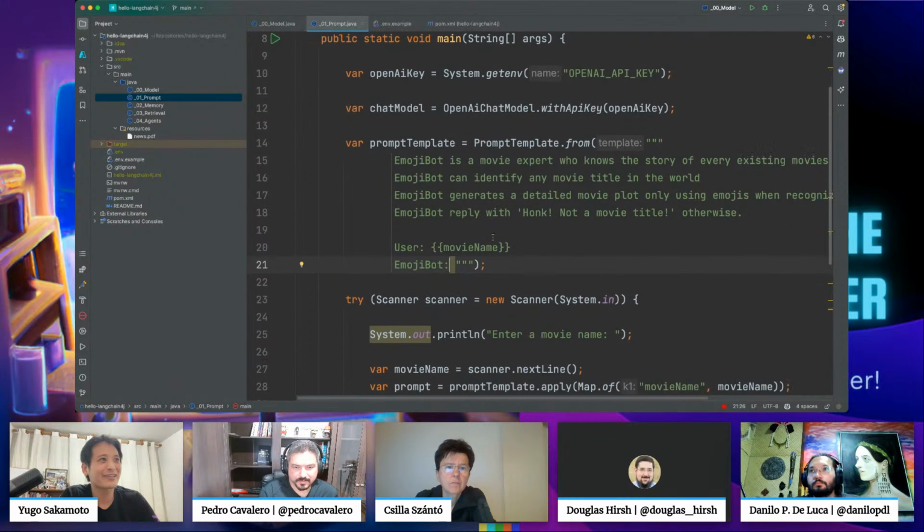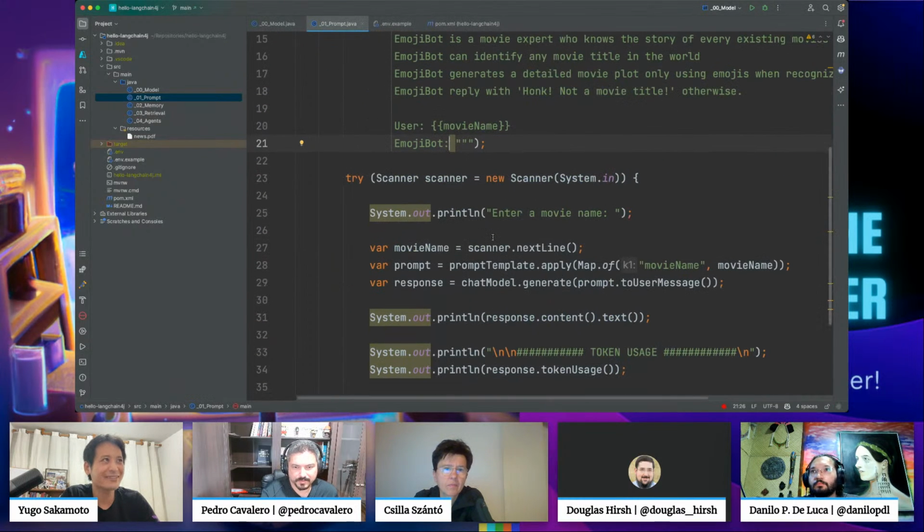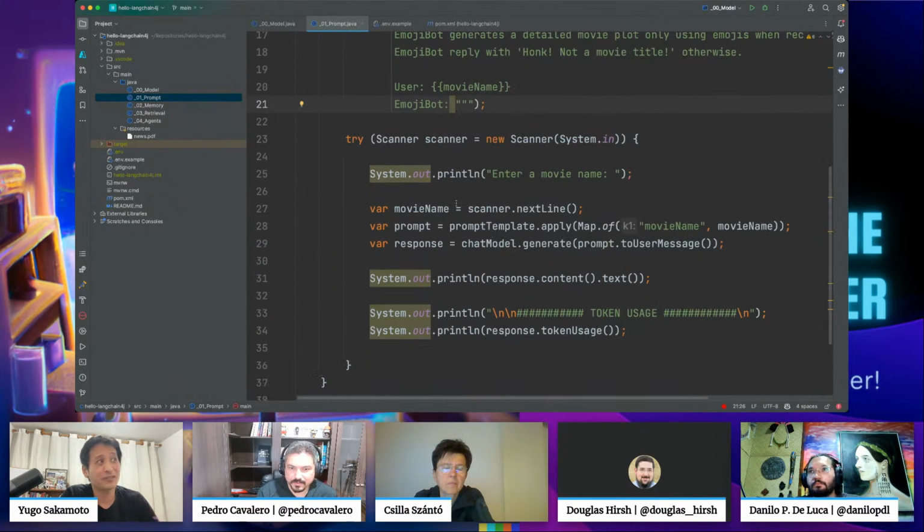So let's go down here and see how it works. I will grab a movie name from the keyboard input. I type the name, and then I will replace the movie name with the given movie name, generate a user message from the result of this prompt, and then print the response.